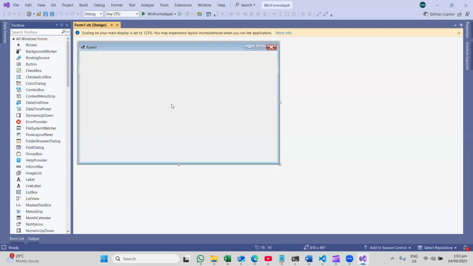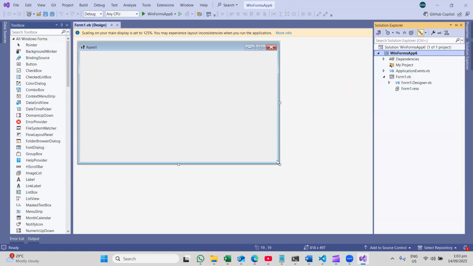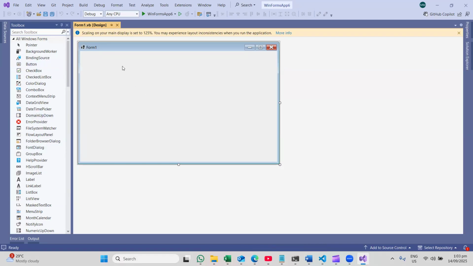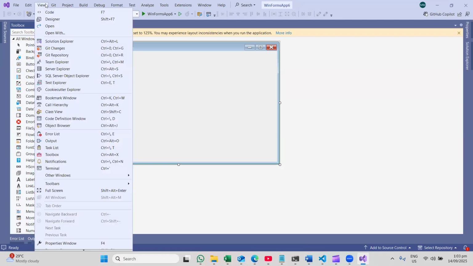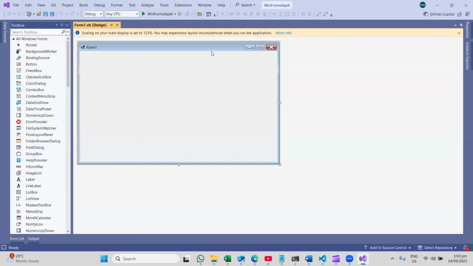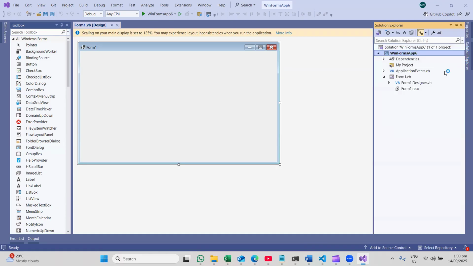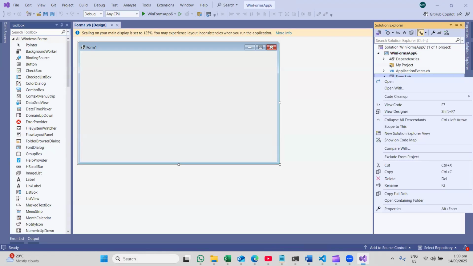So over here, I'll go to my Solution Explorer. Note that if there's something here that you can't find, you can always go to View. They are all there for you to click on to open it so that you can view it. In my Solution Explorer, I would go and right-click on the forms.vb. And when I right-click on it,